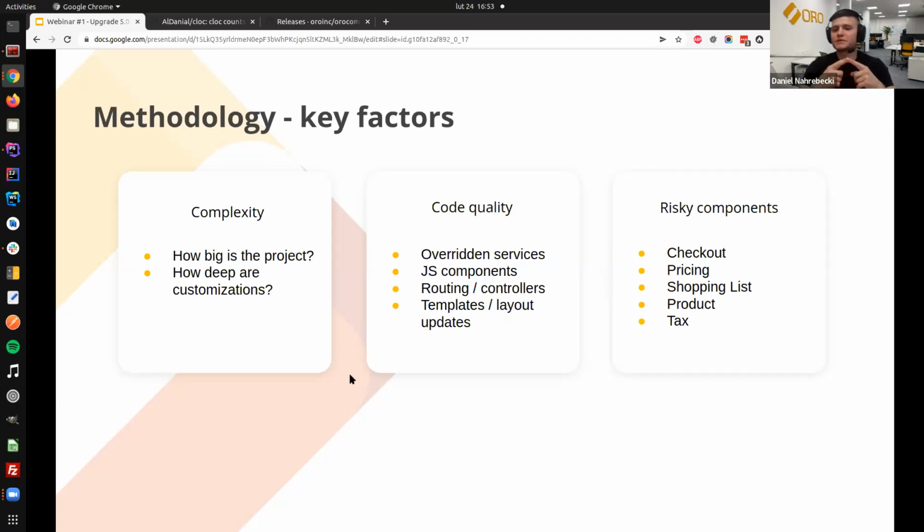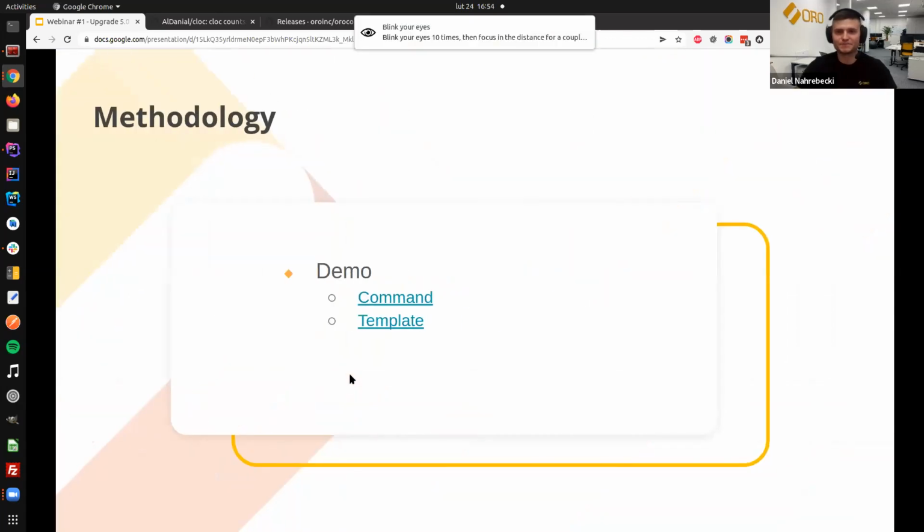Then pricing, because of its architecture, which actually improved and is much simpler starting with 4.1 or 4.2. Shopping list, product, and taxes. Whenever you're changing those or changing the original behavior, you might expect challenges while upgrading. I'm not saying that you will have those challenges, but you might. And of course, patches. The more patches you use, the more challenges you may face